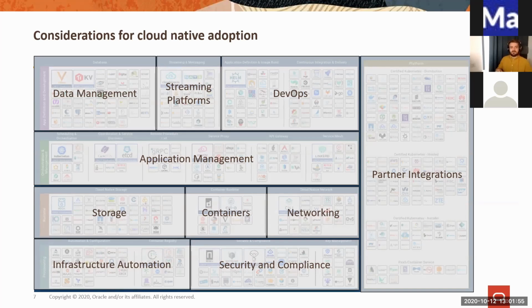So you as an architect or you as a developer, when you start thinking about how your application is going to look like, you need to make some choices. And it's going to be quite complicated to make the best choice directly, considering that there are so many services available there, and you can use them because they are part of an open source initiative. Again, in the application management space, we are talking about Kubernetes, but there are other orchestrators available in the space. When we talk about storage, when we talk about even the runtime of the containers, there are multiple options which can be used. And of course, as Robert already mentioned in the previous presentation, infrastructure automation.